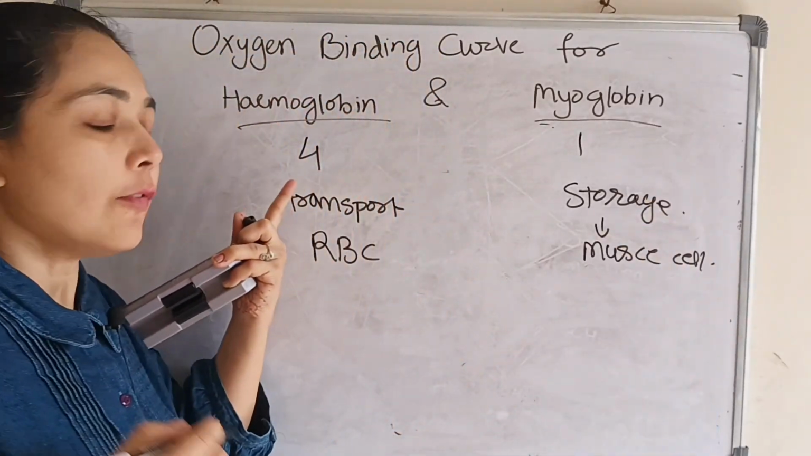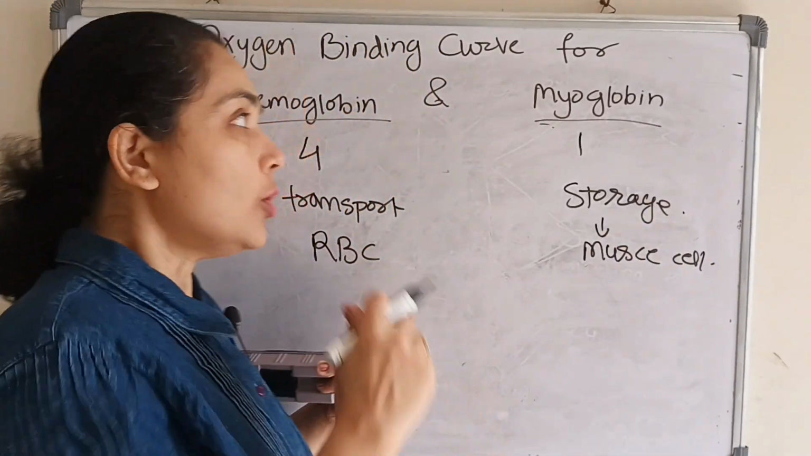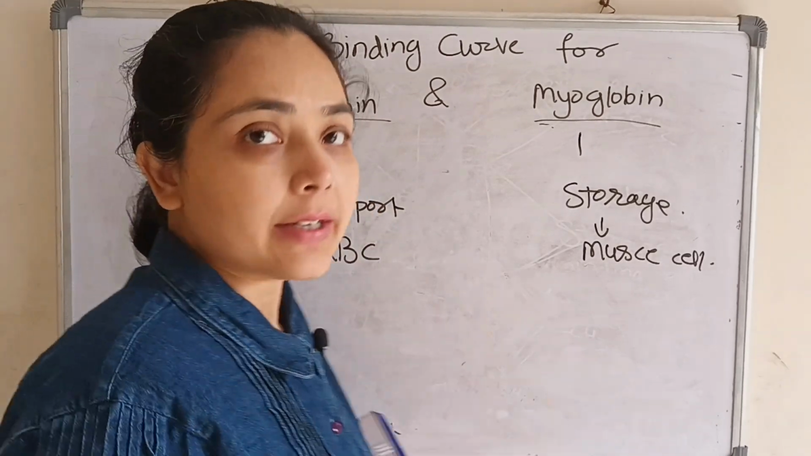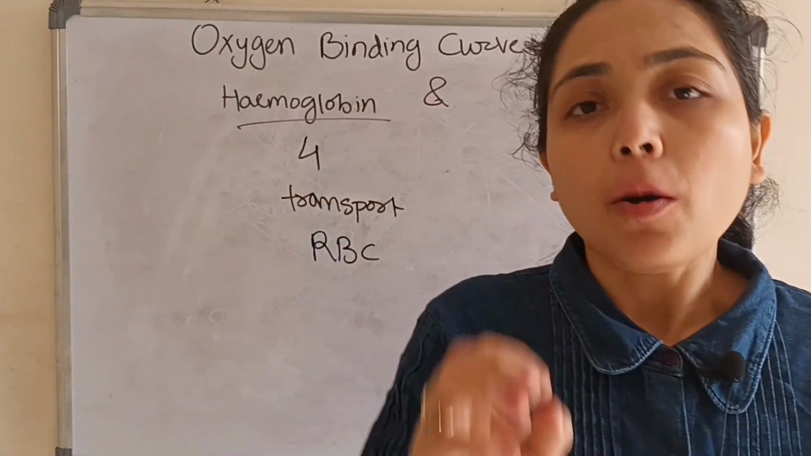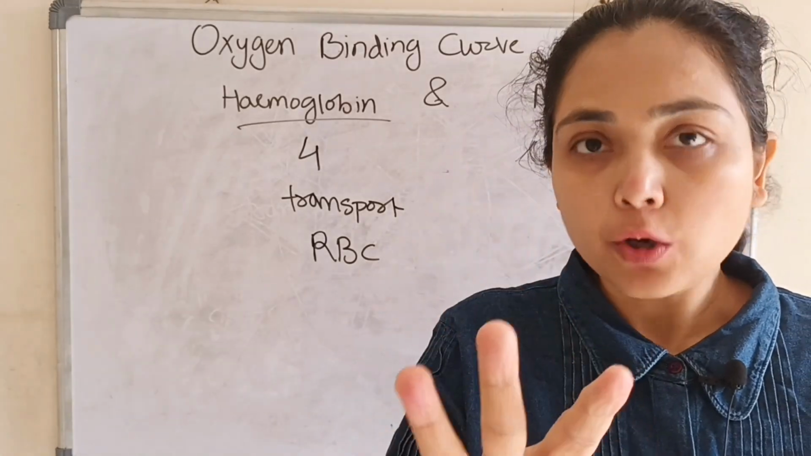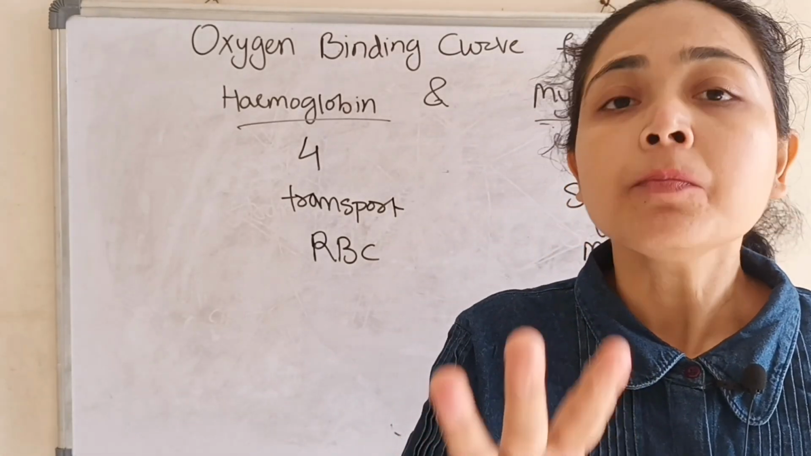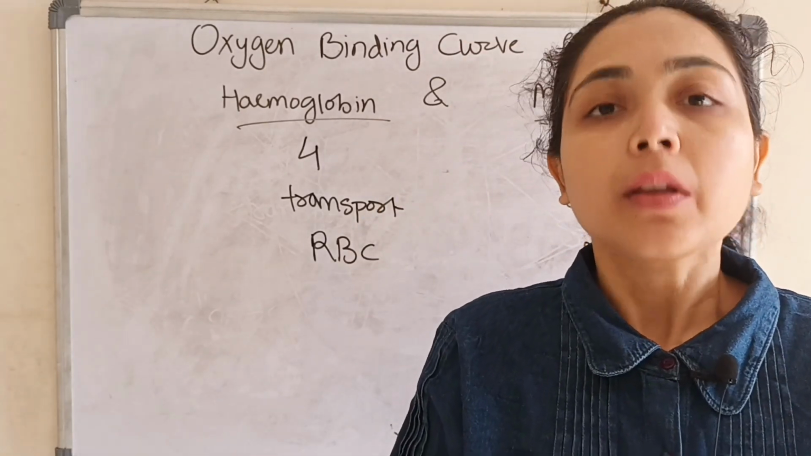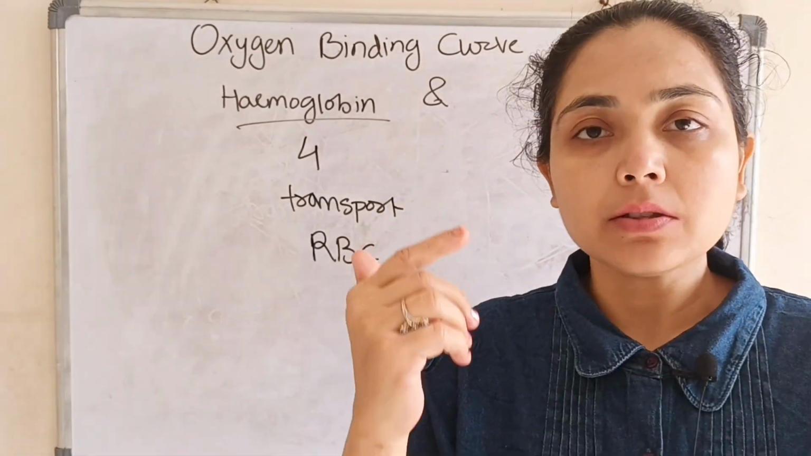As it has 4 polypeptide chains, hemoglobin shows the principle of cooperative binding that we had discussed. What is cooperative binding? Cooperative binding means there are 4 polypeptide chains or 4 globin chains, right? So binding of oxygen to any one of the globin chains will make conformational changes in such a way